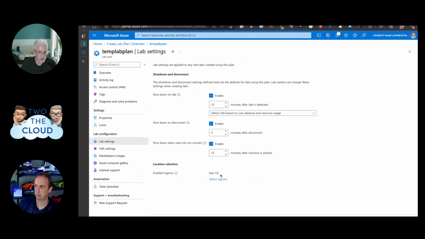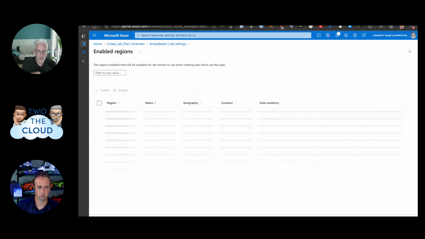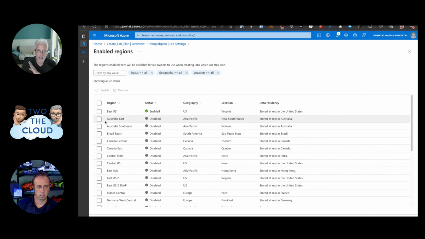I think that makes it much more difficult. You're probably better off templatizing the creation of your lab plans through an ARM template or a Bicep template, and then spinning up compute individually between them and using something like an Azure Compute Gallery to get things to the right places.